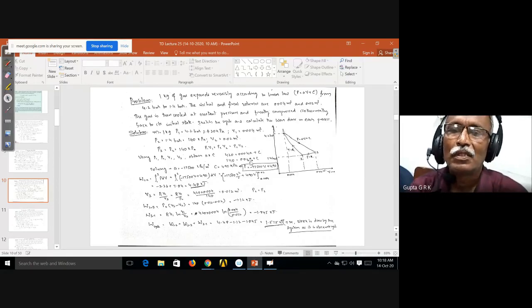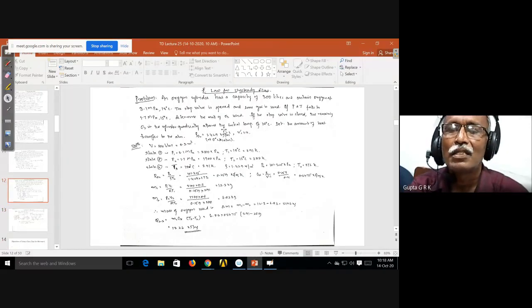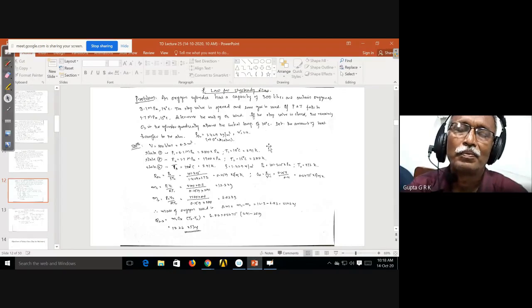So this is the way we have to deal with the first law of thermodynamics applied to open systems. Then we have dealt with unsteady flows. It can be filling of something or evacuating something. So we have done 2 problems: a spherical vessel that is getting evacuated, and an oxygen cylinder where oxygen is taken for some purpose. In that way, we have seen how to tackle it. Mainly the mass conservation will be the main thing in unsteady flows. So you have to know the initial mass and final mass, and find out whether the mass is accumulated or evacuated. So you can find out the difference in the mass flow.